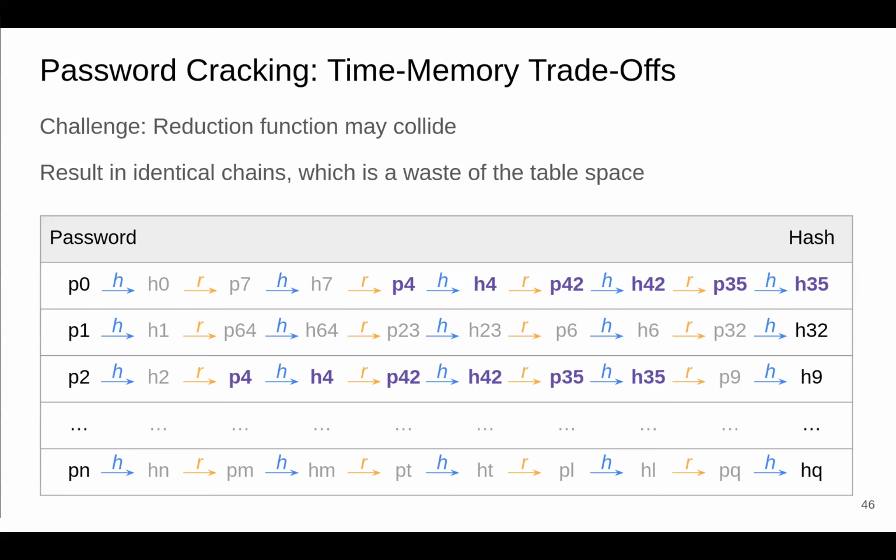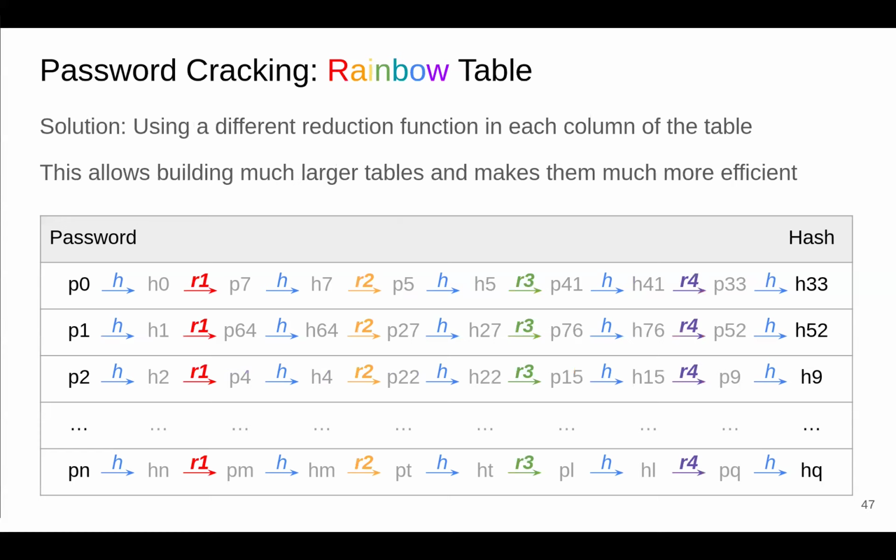So reduction functions may collide. That's one of the difficulties, which results in identical chains, right? So if the reduction functions collide, this results in an identical chain and wastes some time. So we can change this a bit and then have different reduction functions at different times to generalize this a bit using a trick for this operation, and then you just have to run multiple times until you hit the chain with the different reduction functions. So slight improvement.